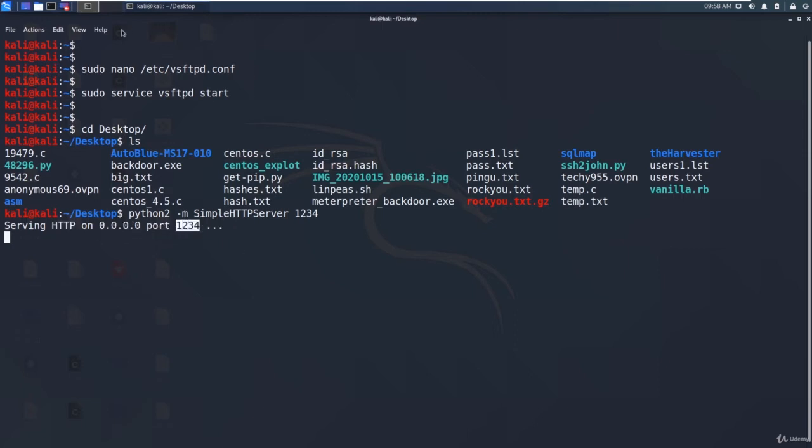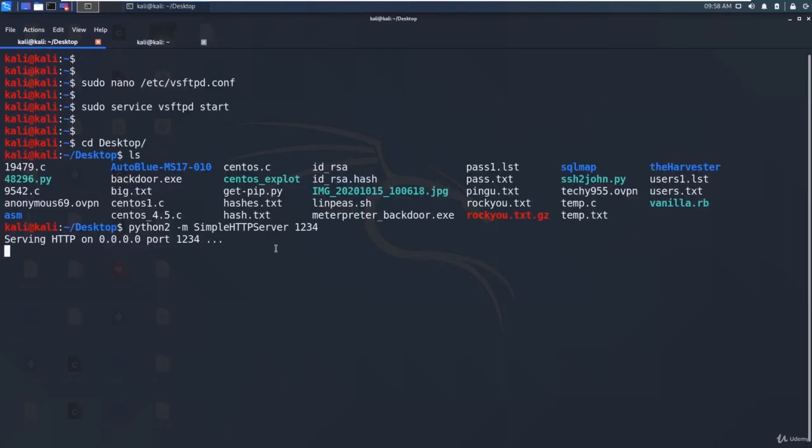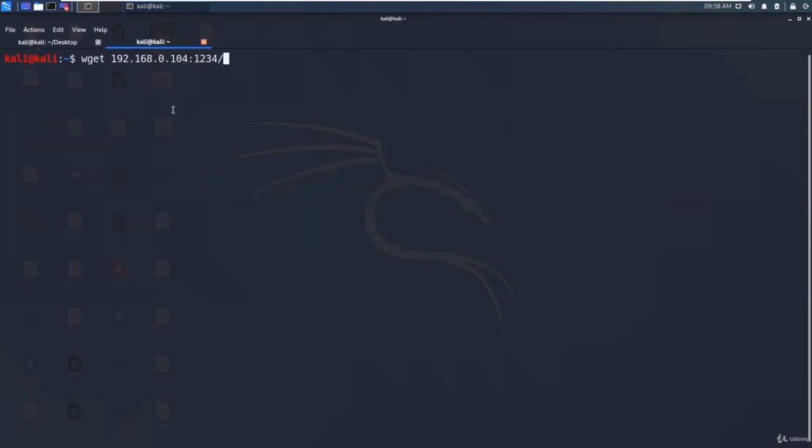Now I can go and say wget, the IP address, a colon and the port number, then a slash and the file name I want to download to this machine.